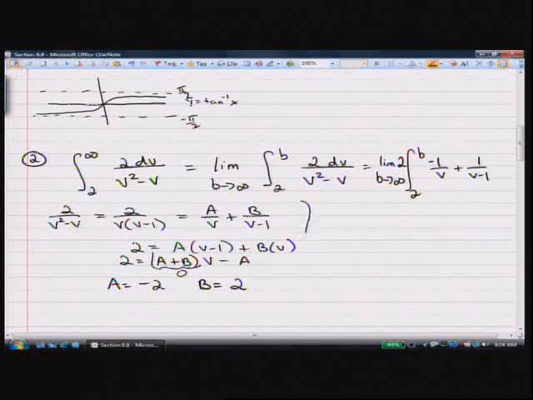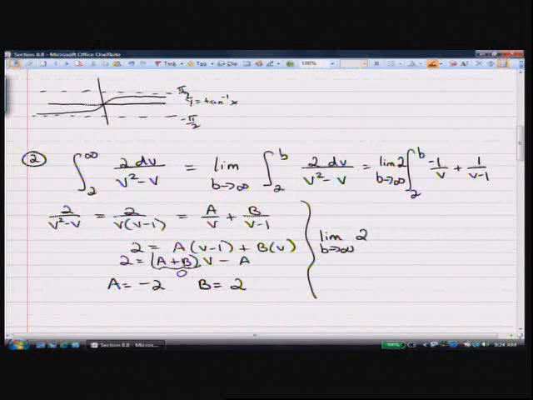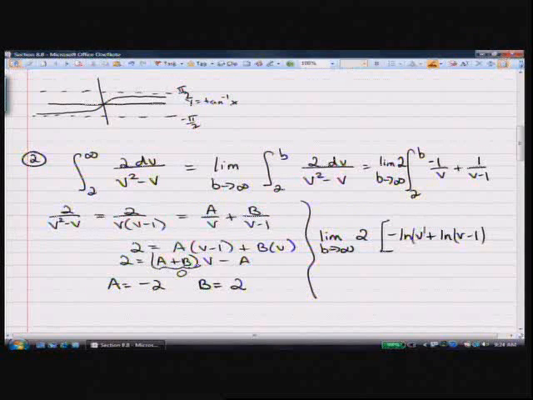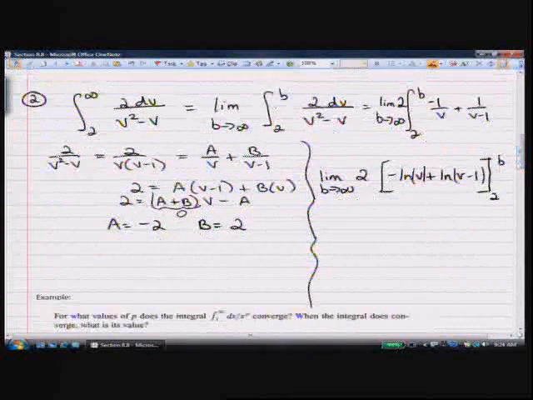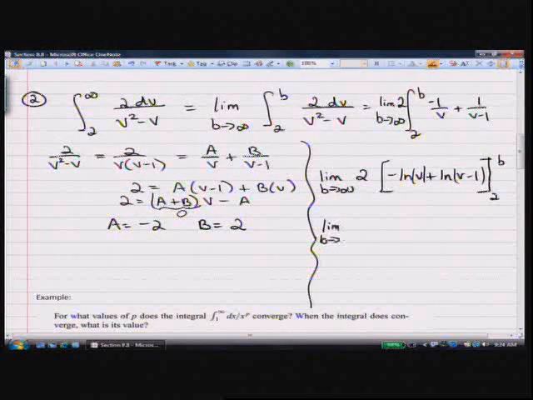All right, and so then, what is the antiderivative of 1 over v? That's ln, but it's going to be negative. All right, 2 times negative ln v plus the ln of v minus 1, between 2 and b. All right, and when you're looking at this, the limit as b goes to infinity,